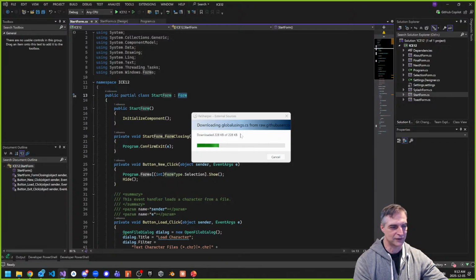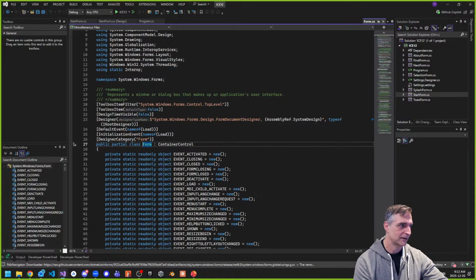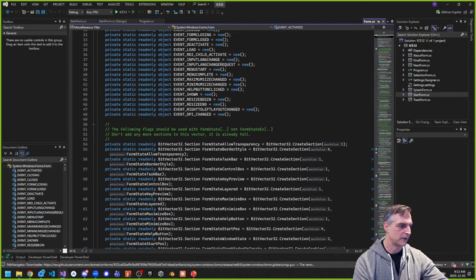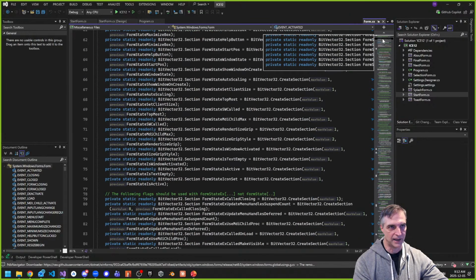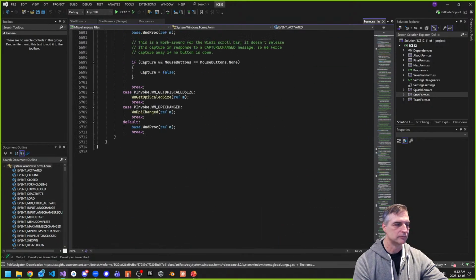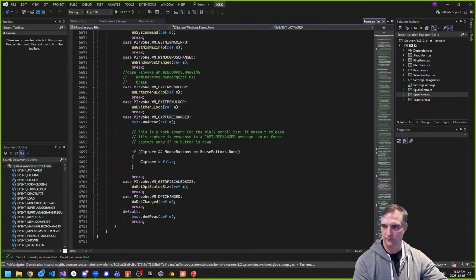You can see what it's doing is it's trying to find this stuff. I have to tell you that form is probably massive in terms of what it has in it. So this is the form class. You can see that it also inherits from container control. There's actually another class that it inherits from. It's a cascade of inheritance, and we'll talk about that again more next semester. You can see that there are a lot of attributes that are created, and you can see that the class form, if I go all the way to the bottom, is 6,000 lines long. So that's how big the class form is.